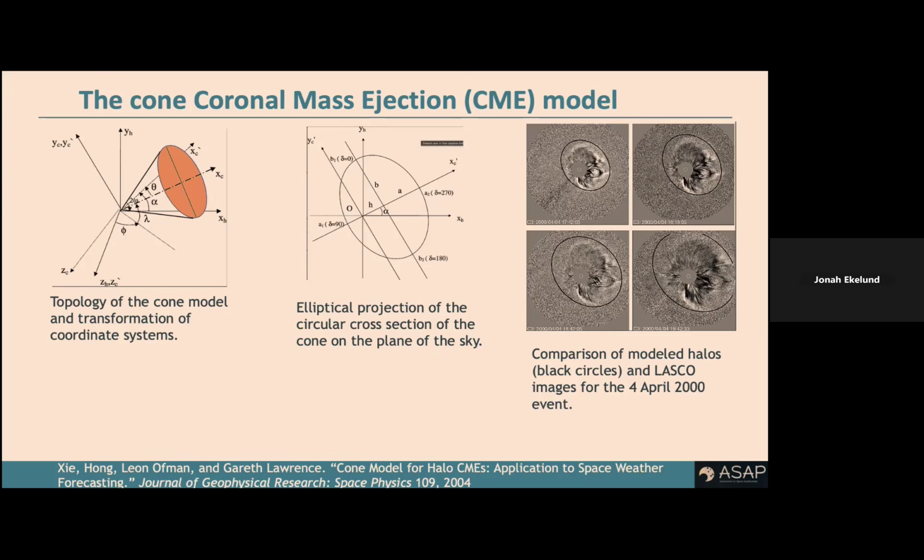The problem is that even with really cool models, it's really difficult to predict anyway. So hopefully in the future it will be possible to predict it better, with developments in both data assimilation and improvements to models. But here we're going to ignore that Bz completely, and we're only going to work with a very simple model for the CME called the cone CME model.